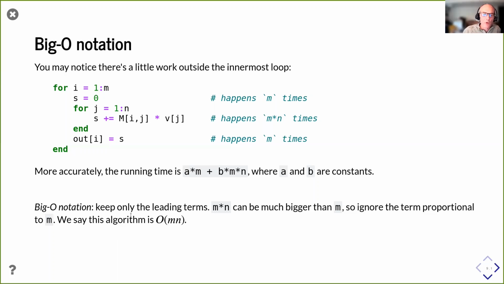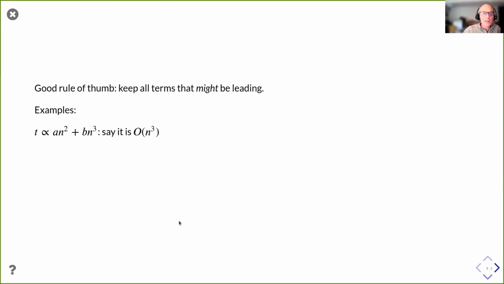And so in Big O notation, we might say that this algorithm here is of order m times n, Big O of m times n. And you'll see that kind of notation all over the place. It's worth emphasizing that when there are multiple variables, there isn't an entirely uniform standard for how you do this, but my recommendation is that you keep all the terms that might potentially be the leading order terms. So for example,